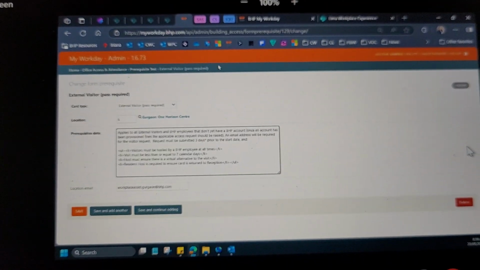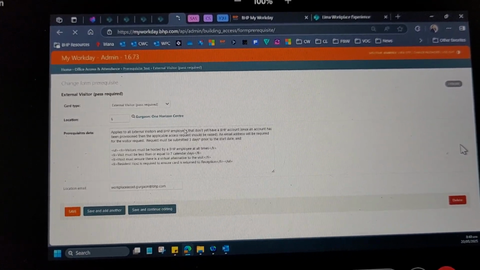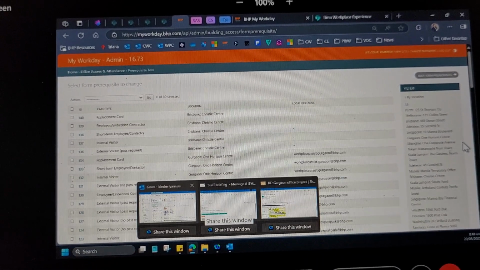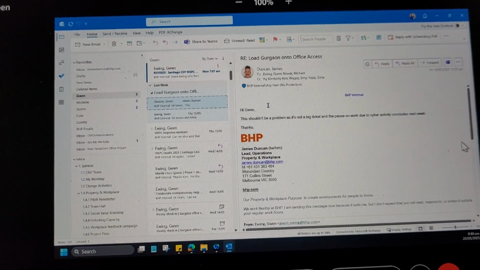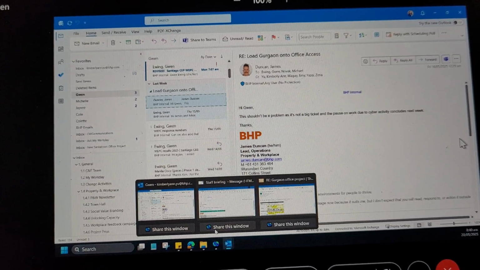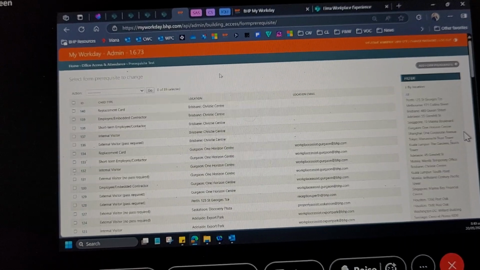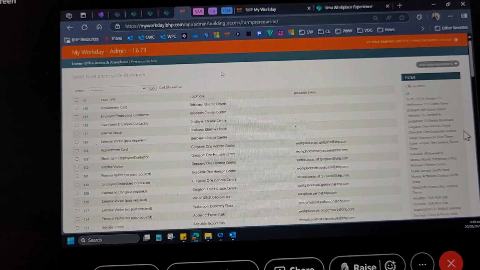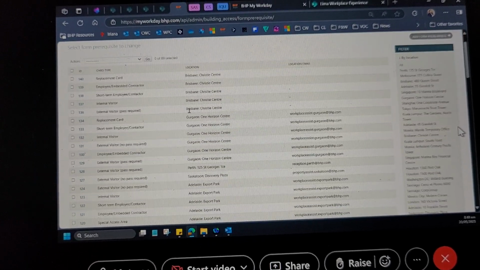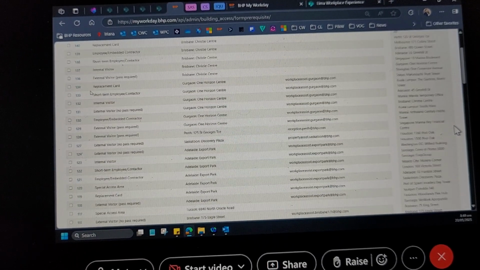But we need to make sure that the prerequisite text for Gurgaon is ready because James has gotten back to Gwen saying that he's going to request for the inclusion of Gurgaon to my Workday Office Access. He's going to add it to the queue. So it might be available in the next couple weeks, maybe in the next month or two. So we would just have to make sure that the prerequisite text that they would see is going to be correct, as well as the access